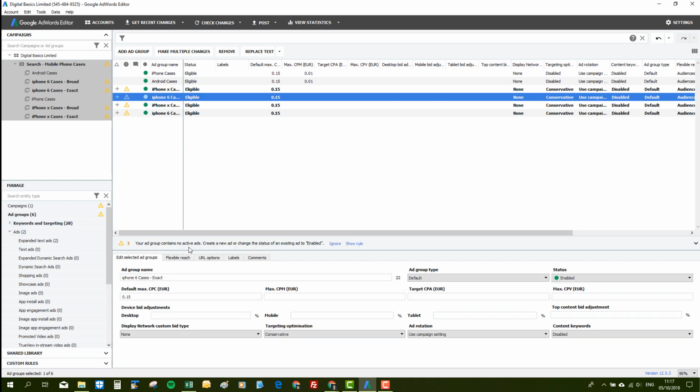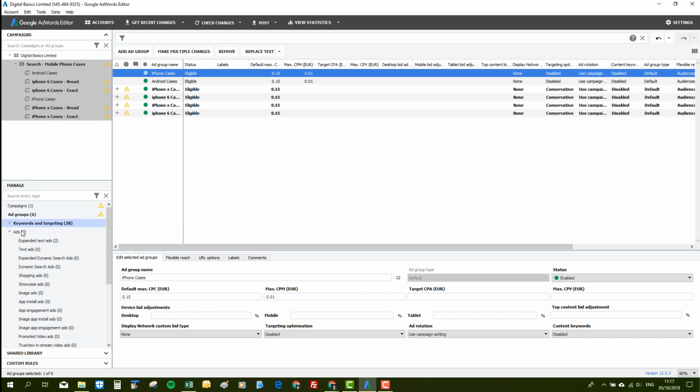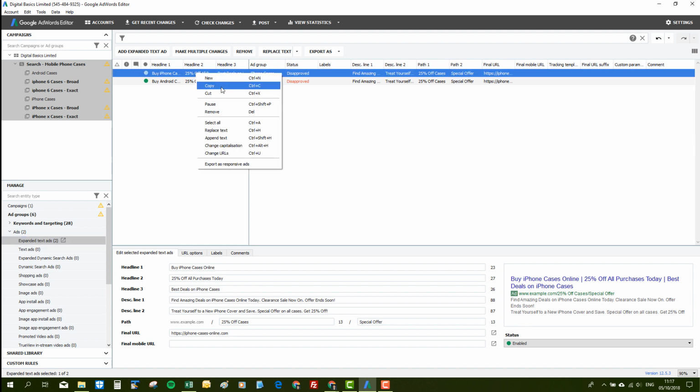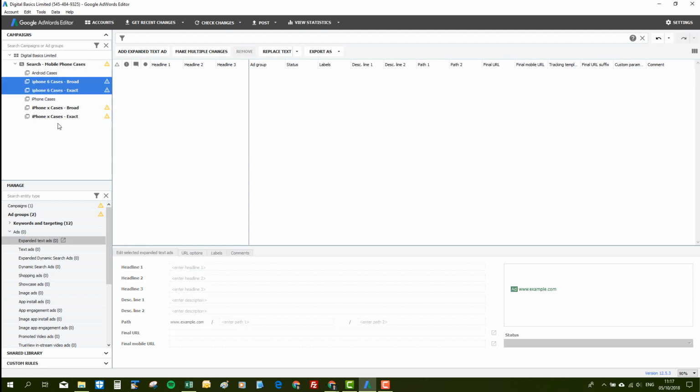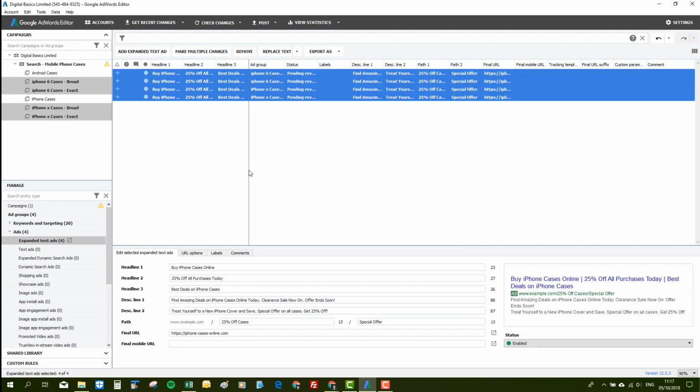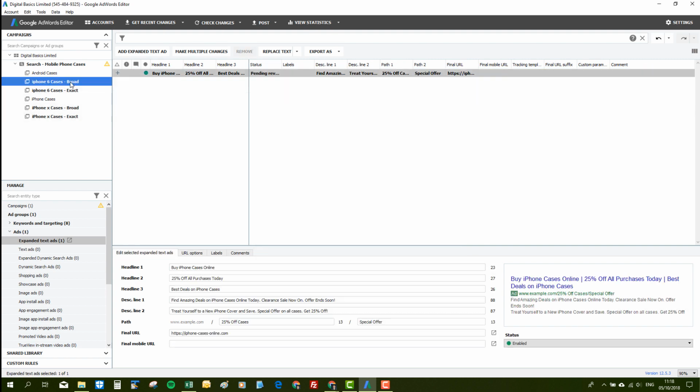Your ad group contains no active ads. So what we can do is we can take our ads from our iPhone and just select these, and then we're on the ads level, on the expanded ads level, and we can paste that in. It'll ask us where do we want to paste it, and we want to paste it in there. So there's an ad for iPhone,